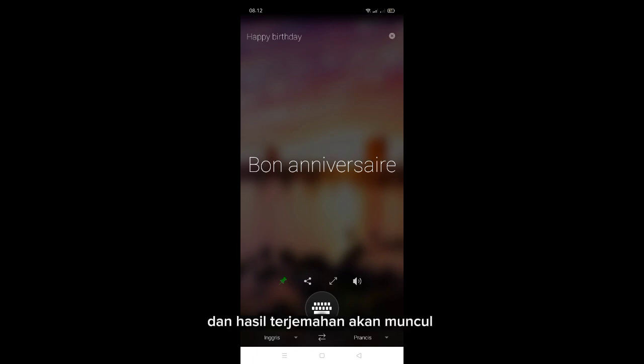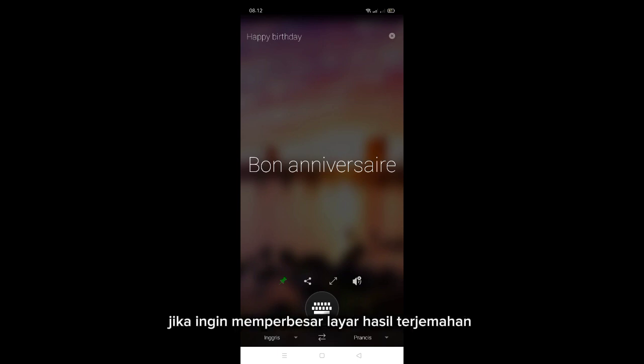And the translation will appear automatically. If you want to hear the translation result, you can press voice, for example, Bon anniversaire, and there will be a sound for the translation result.